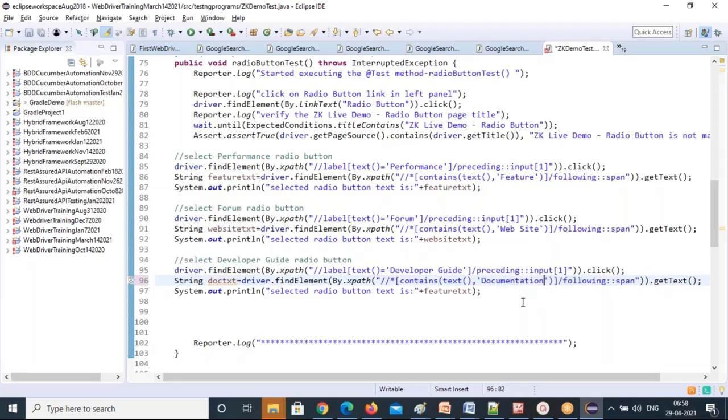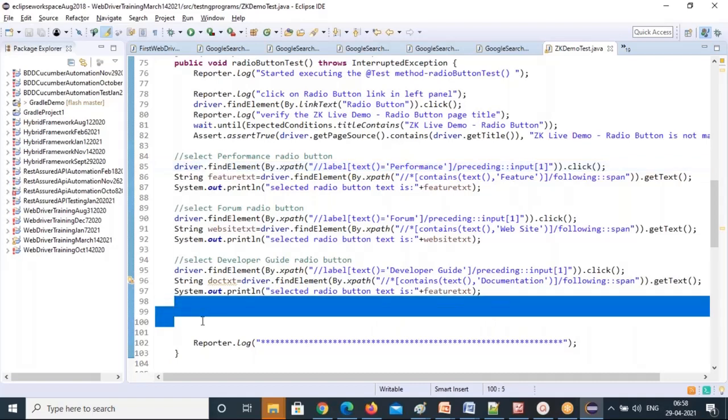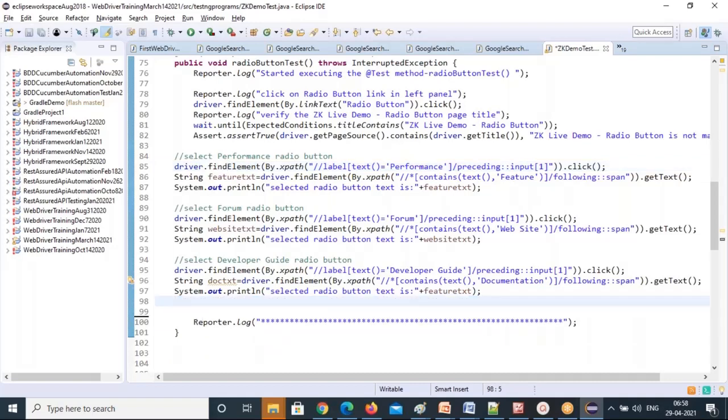All the spaces will be removed if you use contains text. That's the power of contains text. All three radio buttons we showed, selected and fetched the text. This is the simple text we are doing.